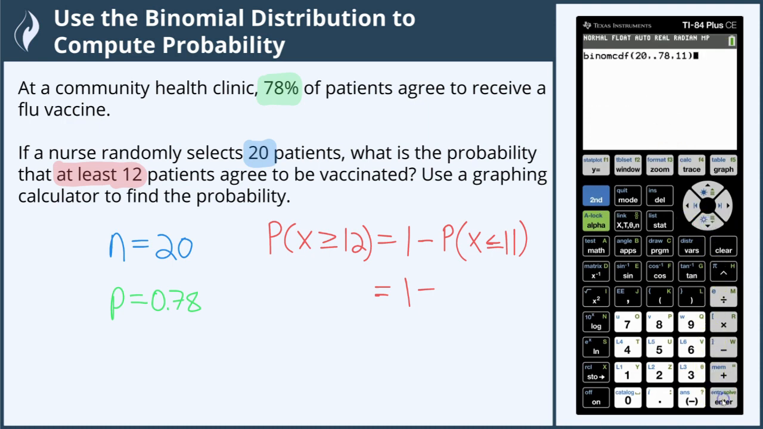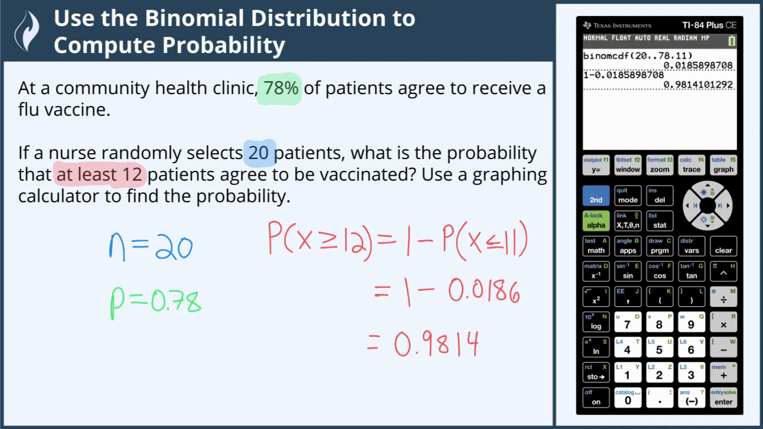We can paste that in, press enter, and we find that this probability is 0.0186. When we subtract that from 1, what I'll do is I'll do 1 minus, and then I'm going to copy this down by highlighting it, pressing enter. That way I don't have to do my rounding. It'll do it for me. And then I get that answer is